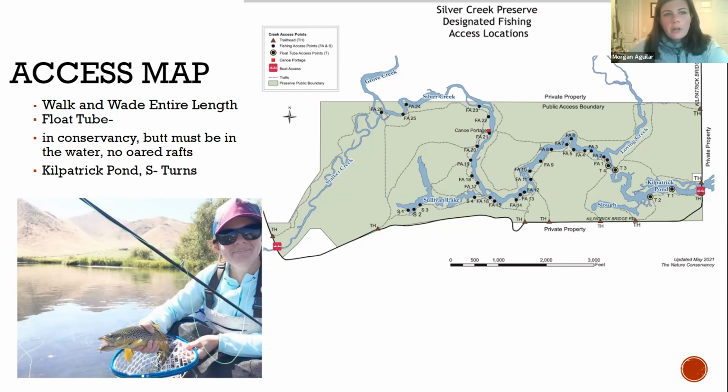Yeah, it's becoming harder and harder. I understand that butt in the water, no oared rafts, no oars, is probably an easier task to handle, but the butt in the water is becoming more difficult year after year. I actually contacted Bucks Bags this week and they're not making float tubes anymore. So that was who we relied on for those butt in the water float tubes. So I do think that they're going to have to take another look at this rule